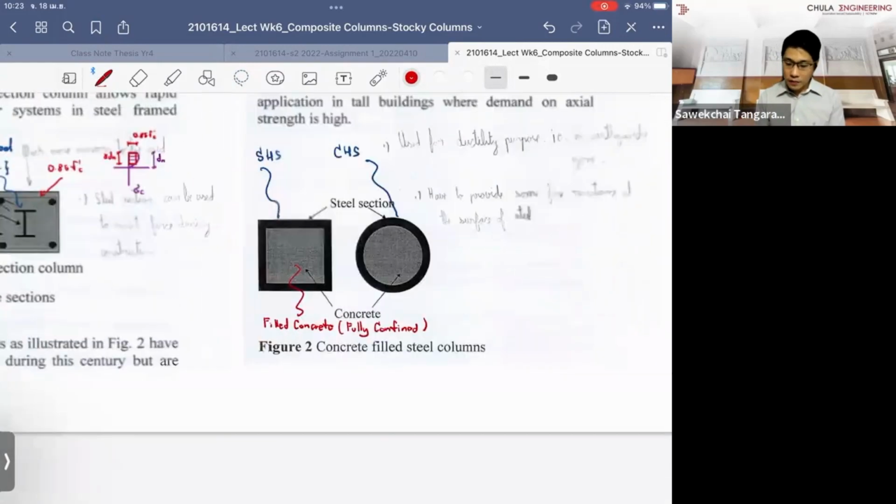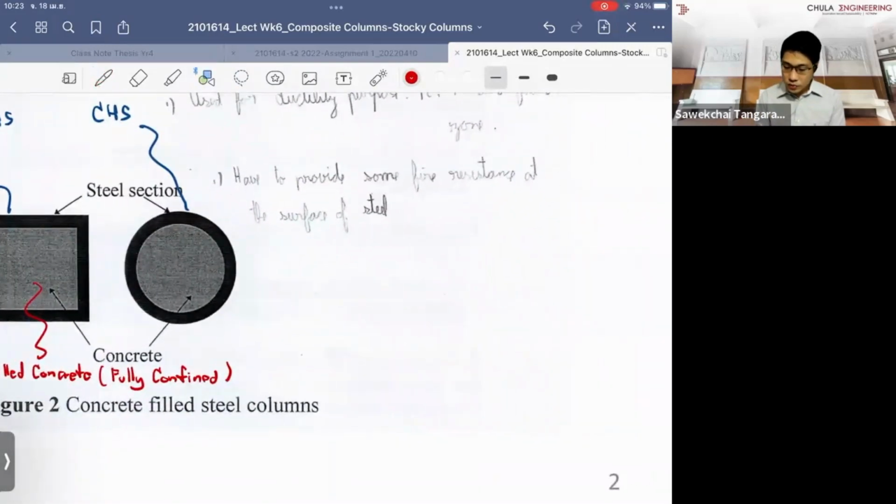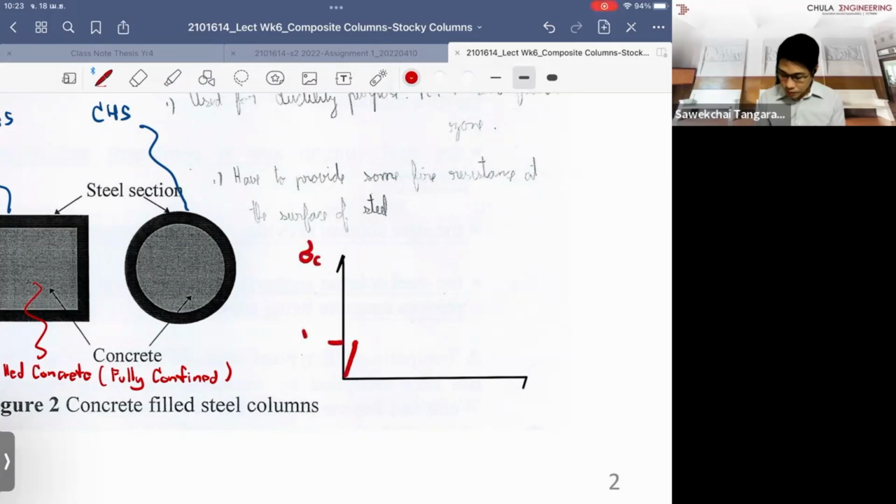When it's fully confined, what has happened? Remember, we discussed in the first week that we met the properties of the materials. When we look at concrete, the standard property is that it comes up to this point and reaches the crack. You look at the cracked section of the concrete, and after that it starts to form the non-linear part and drops. Right. When we look at the strength, we take up to the strain of the concrete developed